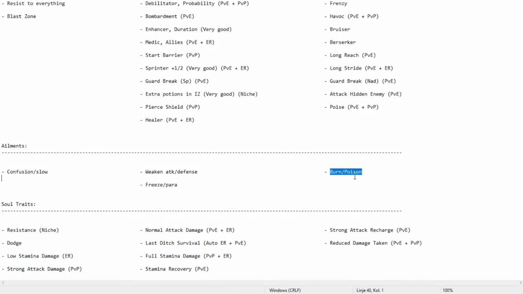Same thing with Burn and Poison, but Burn and Poison, I'd say it has a very specific purpose because, first of all, it does a set amount of damage in ER, so it's just extra damage on top, which is nice, better than not having anything, and definitely better than weakening the boss's attack, which does nothing, or freezing it, or paralyzing it, or confusing it, or slowing it. So there's that. But there's also the Senkaiman thing, and